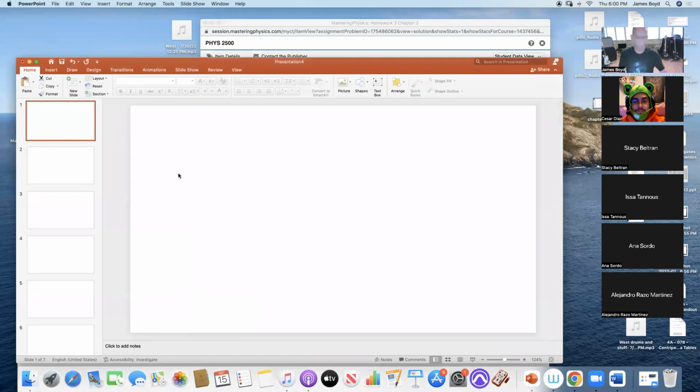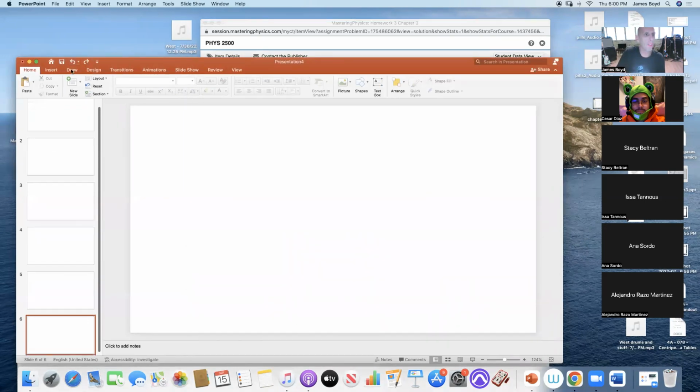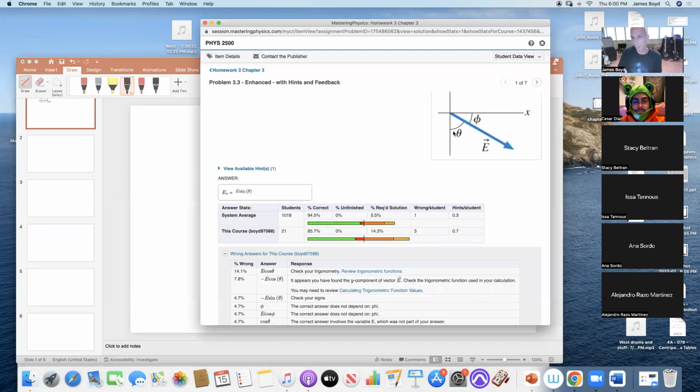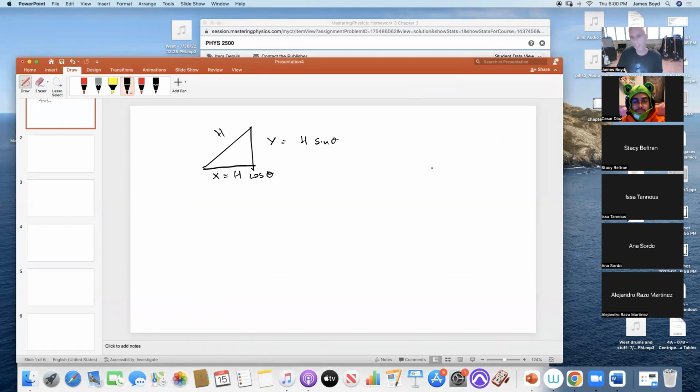Now, if we look at this vector, remember that on a right triangle with a hypotenuse H, the Y part would be the hypotenuse times sine, and the X would be the hypotenuse times cosine. Now, the vector and the angle we're given are pointing down. So you have to imagine a right triangle that looks like this, where this is our E and this is our angle. So if you turn it,